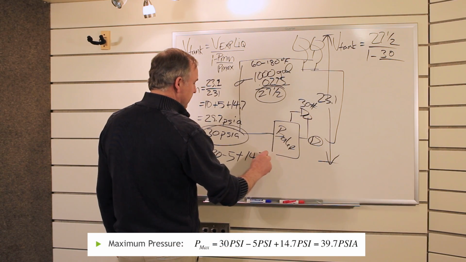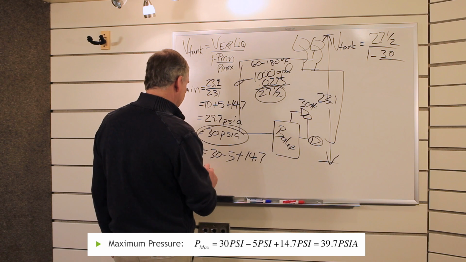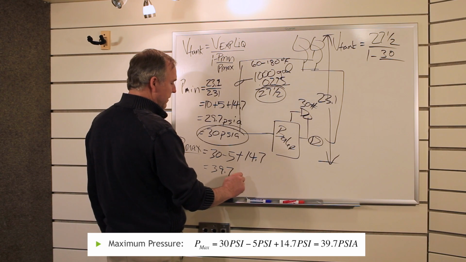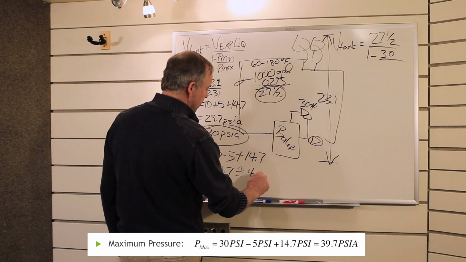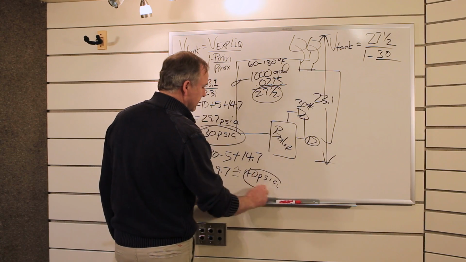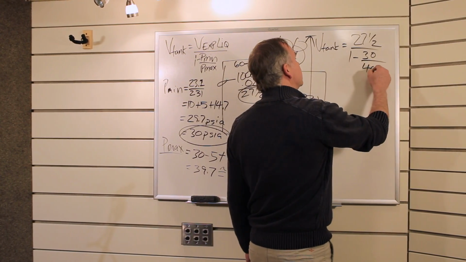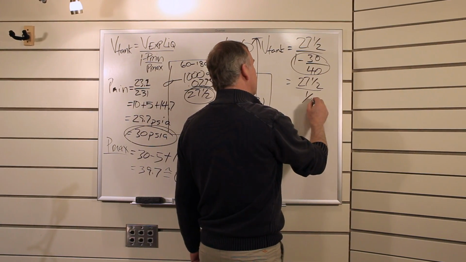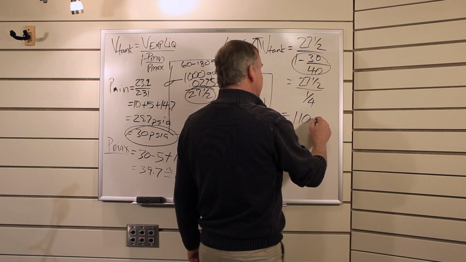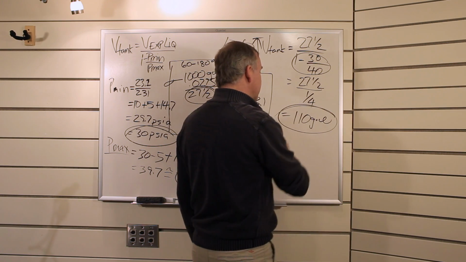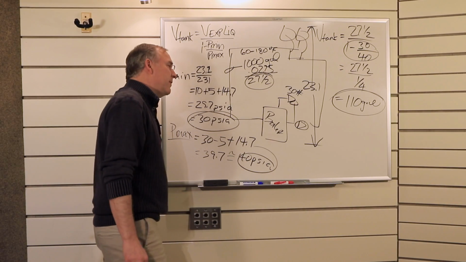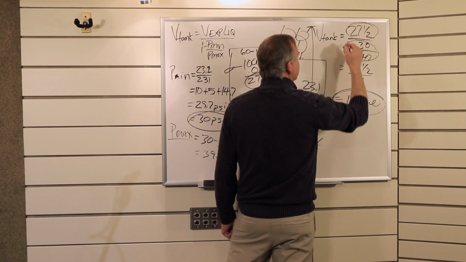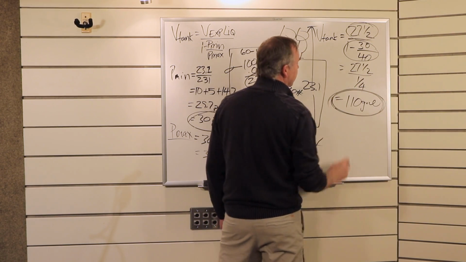And then I'm correcting to get me to PSIA. So I got 30 minus 5 plus 14.7. That gives me 39.7. And I'll round that to 40. So 40 PSI ends up being my maximum pressure. So 1 minus 30 over 40. I got 27.5. All that math goes to a quarter. So I end up with a 110 gallon tank. Now, it's important to note that this value here, 27.5 gallons, and this value here, 110 gallons,